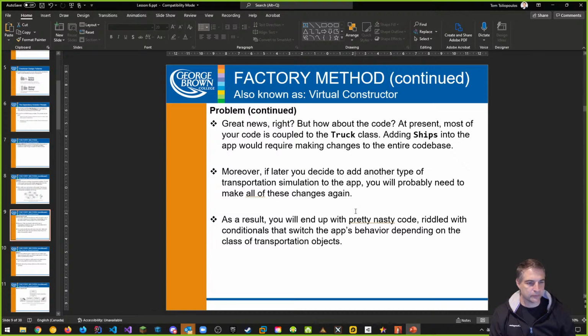So what can we do? We can make a truck class, but adding ships would make a lot of changes to the code base. And later on, what if I decided to add other kinds of transportation simulations? For example, some kind of planes or spaceships or whatever. It could be really bad,